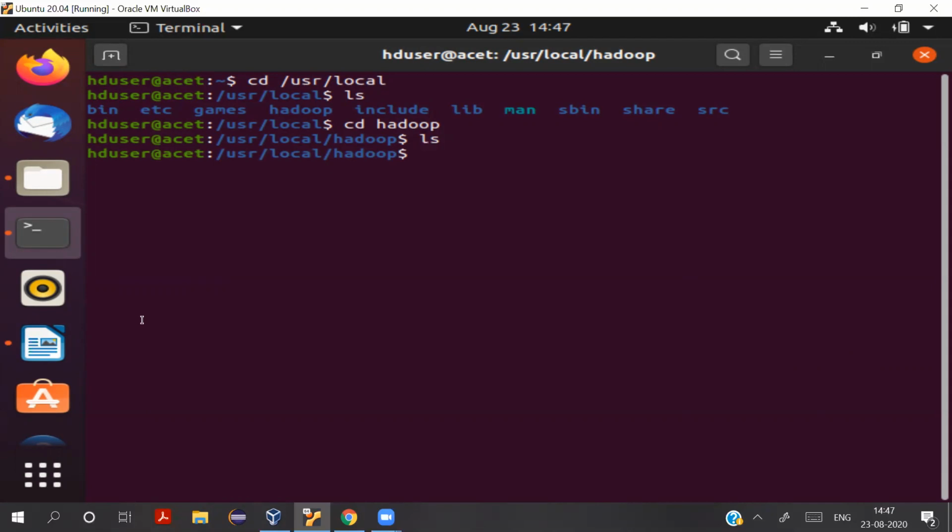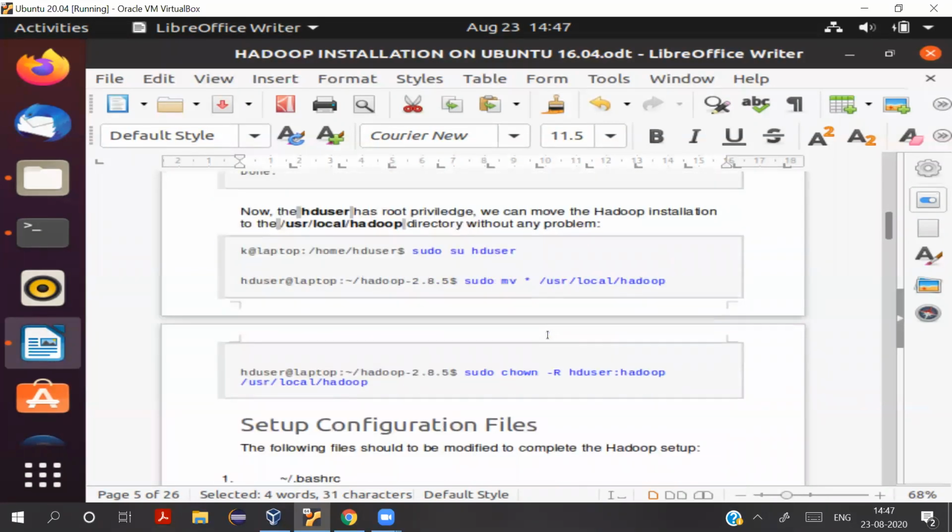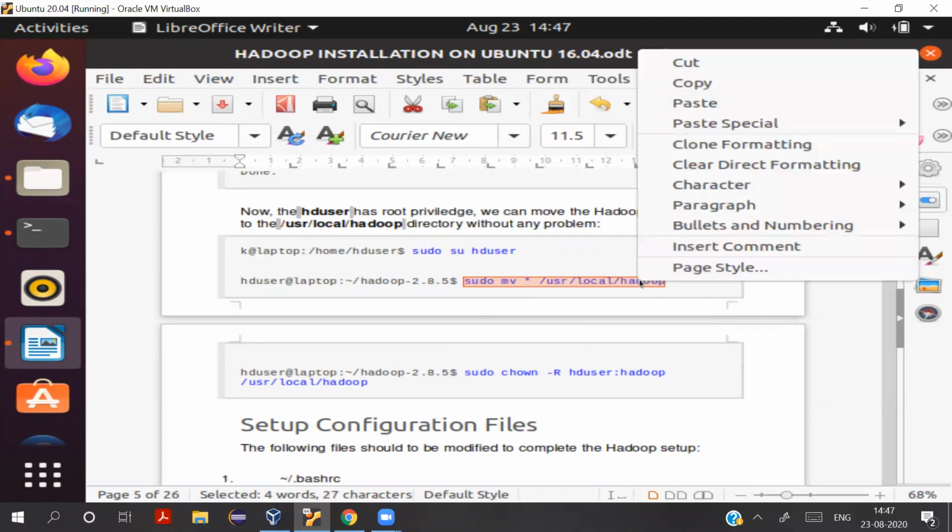Now what we will do is, we will copy all the files from our Hadoop 2.8.5 folder into this folder. Okay. So we will use this command to move all the files from our Hadoop 2.8.5 folder so that they are in this folder.